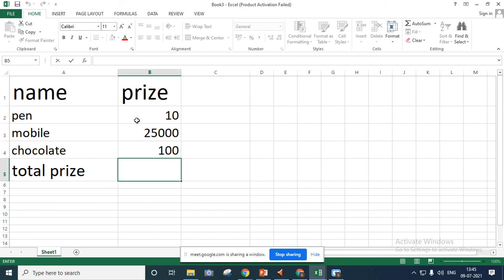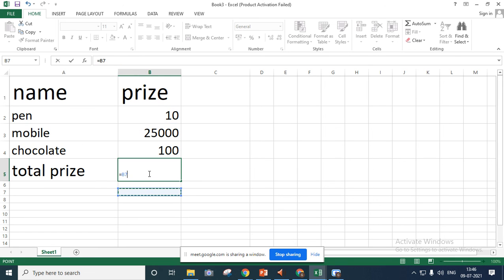As you saw in the previous example, can you tell me how to write the formula? B1 to B5. Before that, what do you have to write always? Ma'am, equal to. Yes. Don't forget to write the equal to sign. After that, start writing, that is 10 plus. Or else, if you want to write a cell reference, you can write the cell reference, that is B2 plus B3 plus B4 plus B5. Okay. So now you write the formula.